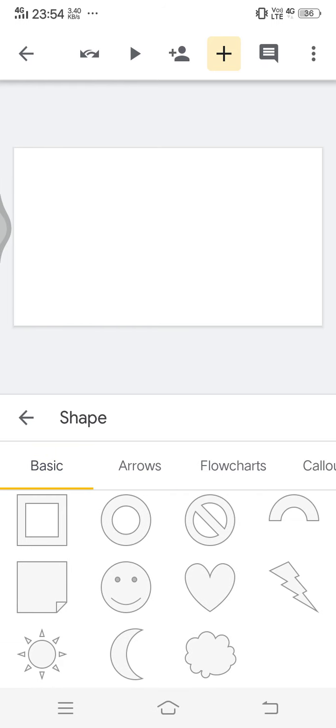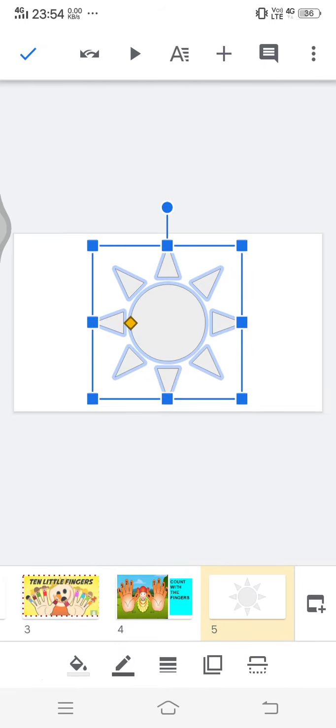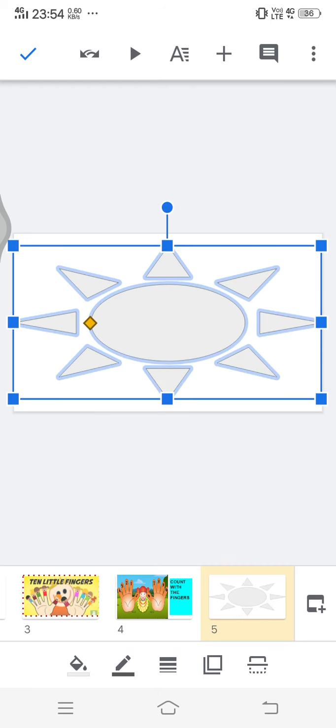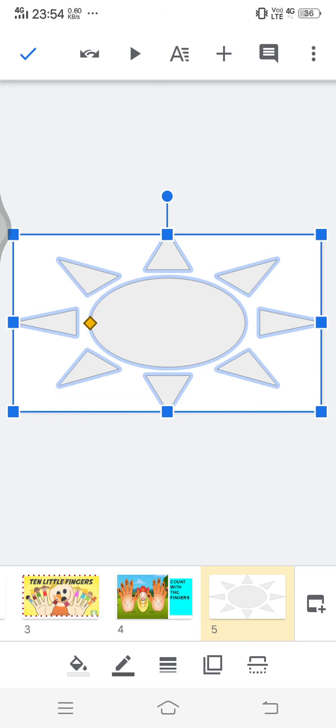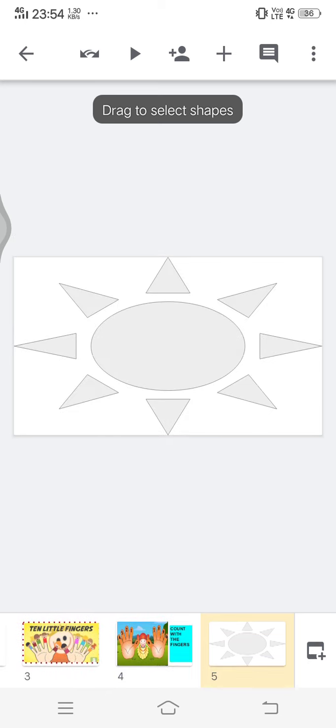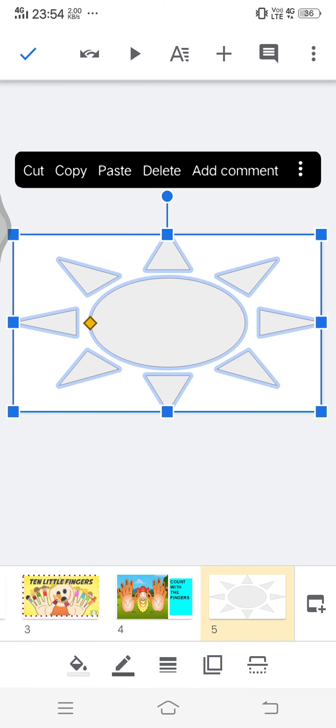It's basically everything the same kind of way. It works the same way. So I'm going to click on the sun, and now this picture comes up. I can make it however big I want to suit my need, but it should be within the work area. I'm going to long press this until I get the A on top.